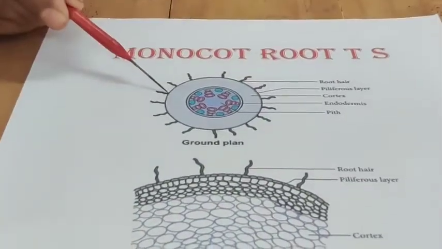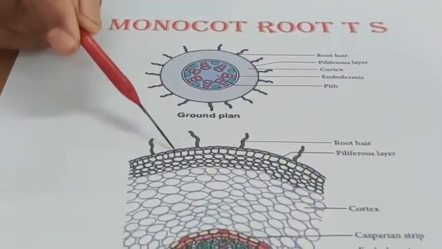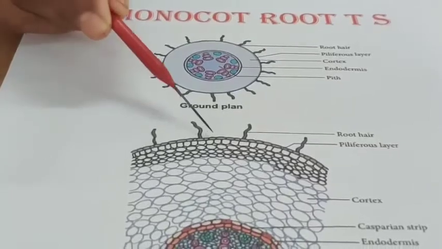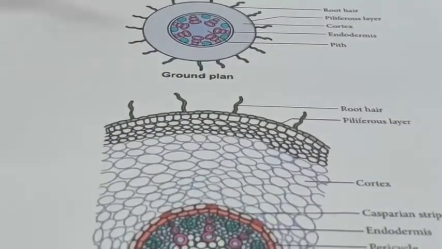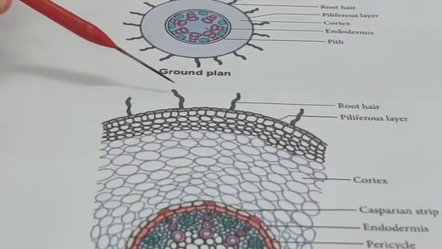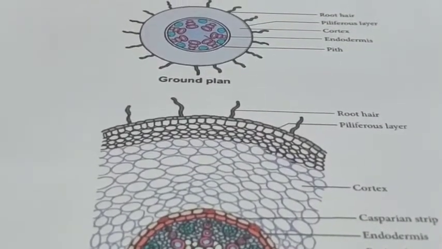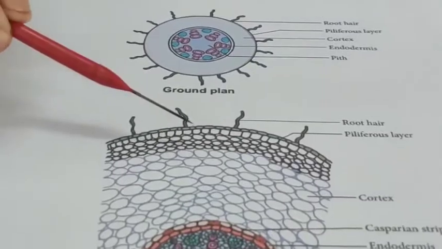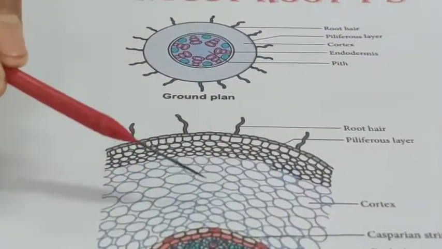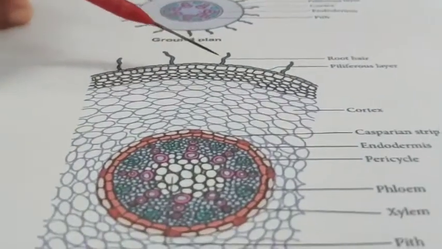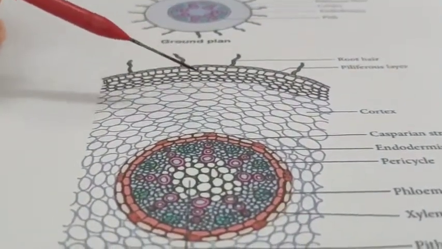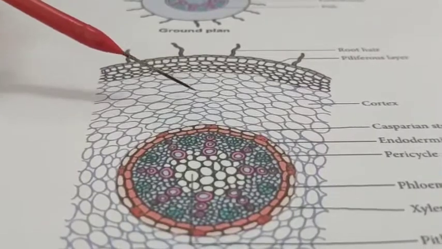This outer layer is the epidermis. Here see, epidermis, single layer of parenchyma cells closely packed without interspace. There is no cuticle, no stomata. Unicellular root hairs are present, that you can see inside the slide. Then below you can see a mass of parenchyma cells. This forms the cortex. So outer few layers will be polygonal and closely packed. Remaining cells are oval cells and arranged with interspace.